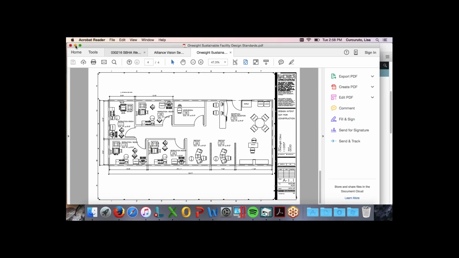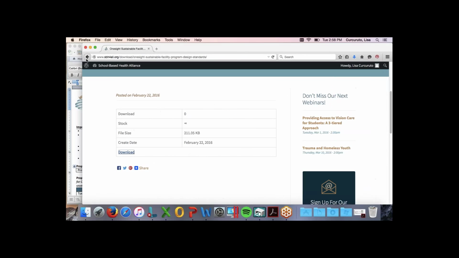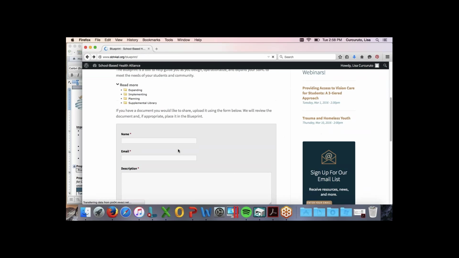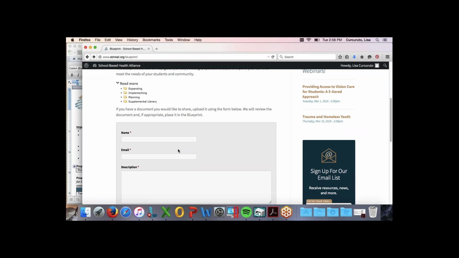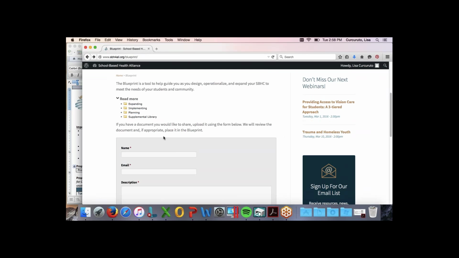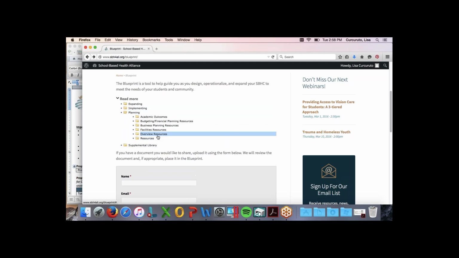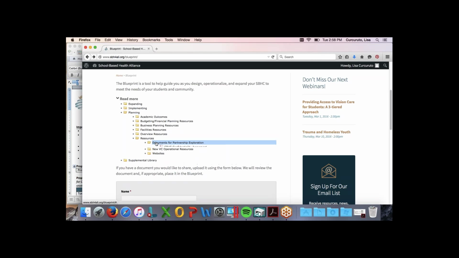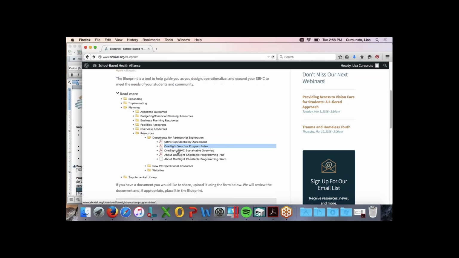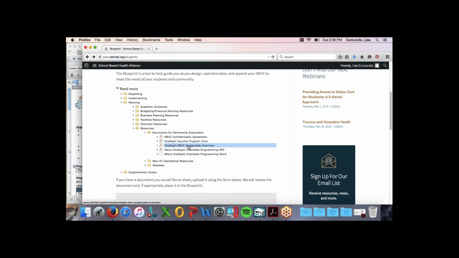Then there's also some information about partnership exploration. Like we talked about charitable and sustainable voucher programs, there's something that may interest one of you more than another topic. If you go into some of the partnership resources, documents for partnership exploration, you can find more about the voucher program overview, charitable programming, and context for all of